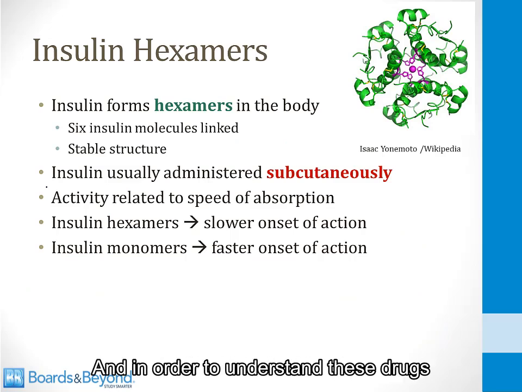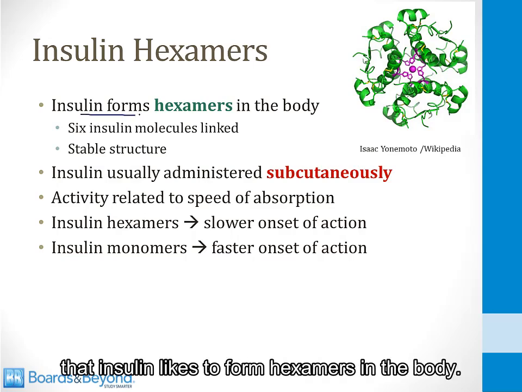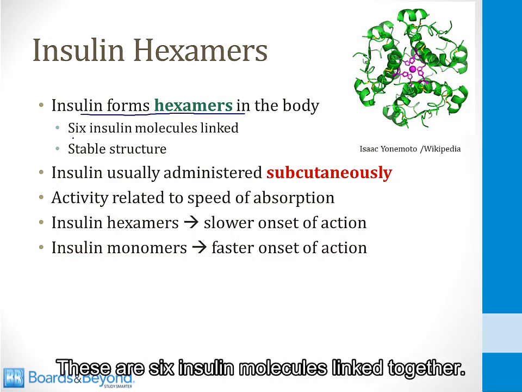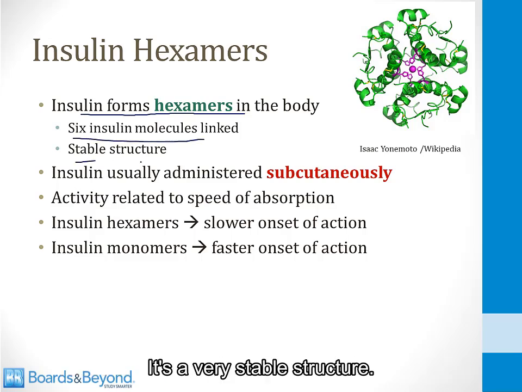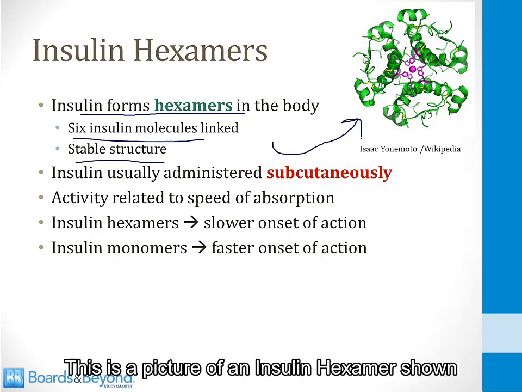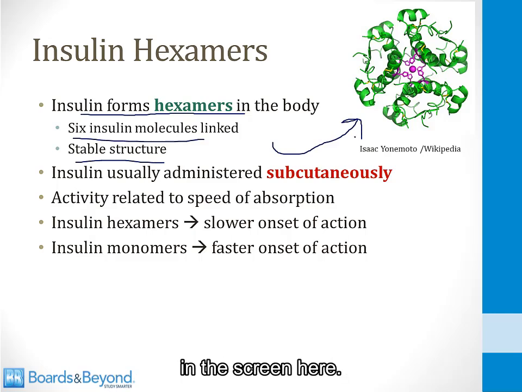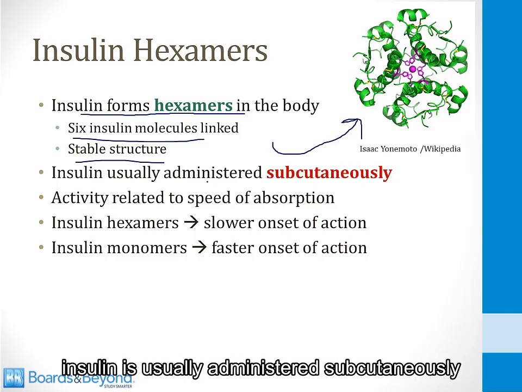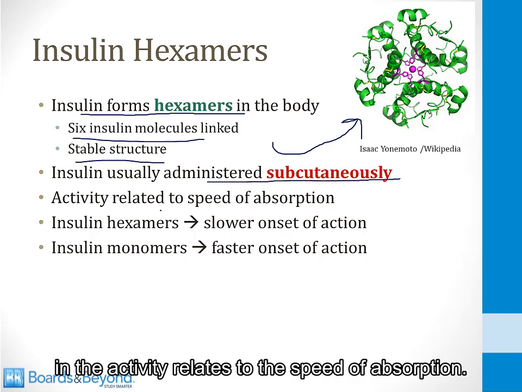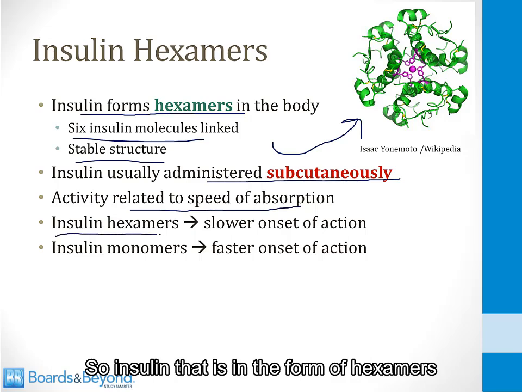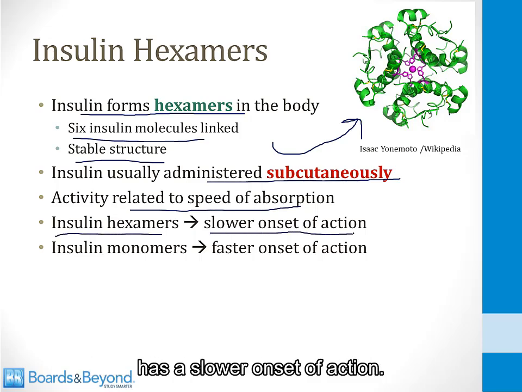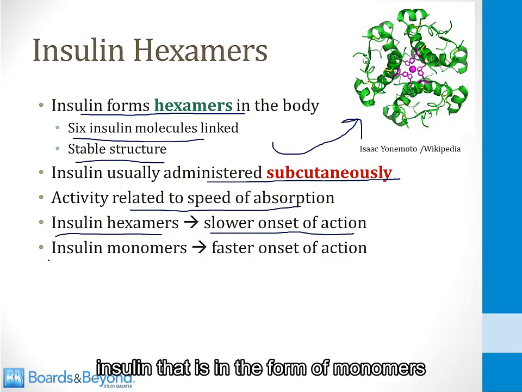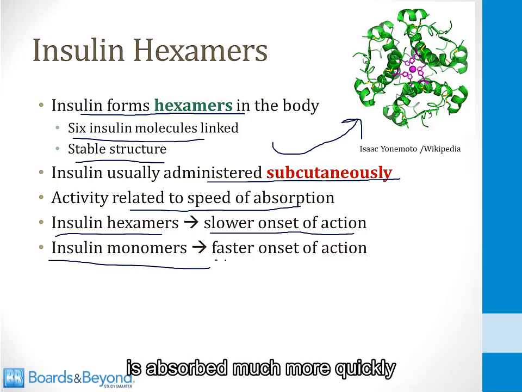And in order to understand these drugs, you need to understand that insulin likes to form hexamers in the body. These are 6 insulin molecules linked together, and it's a very stable structure. This is a picture of an insulin hexamer shown on the screen here. As I told you before, insulin is usually administered subcutaneously, and the activity relates to the speed of absorption. So insulin that is in the form of hexamers has a slower onset of action. On the other hand, insulin that is in the form of monomers is absorbed much more quickly and has a